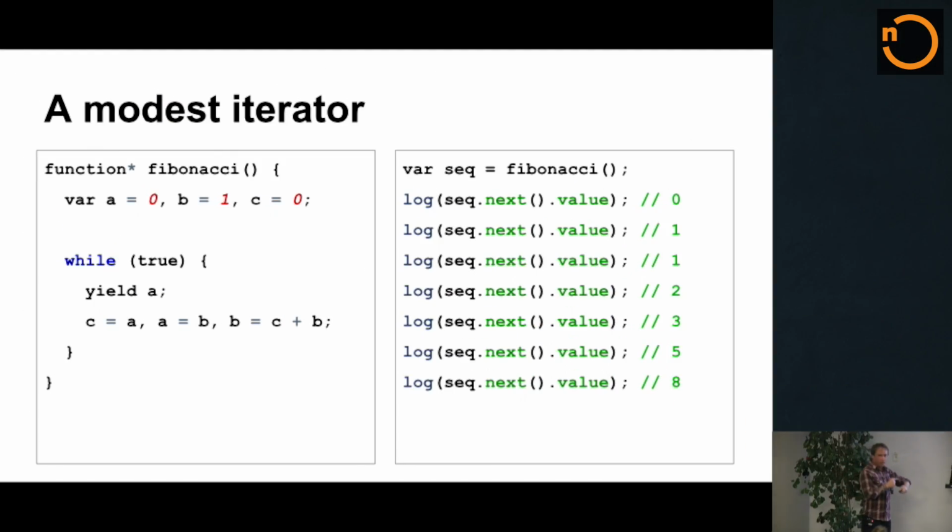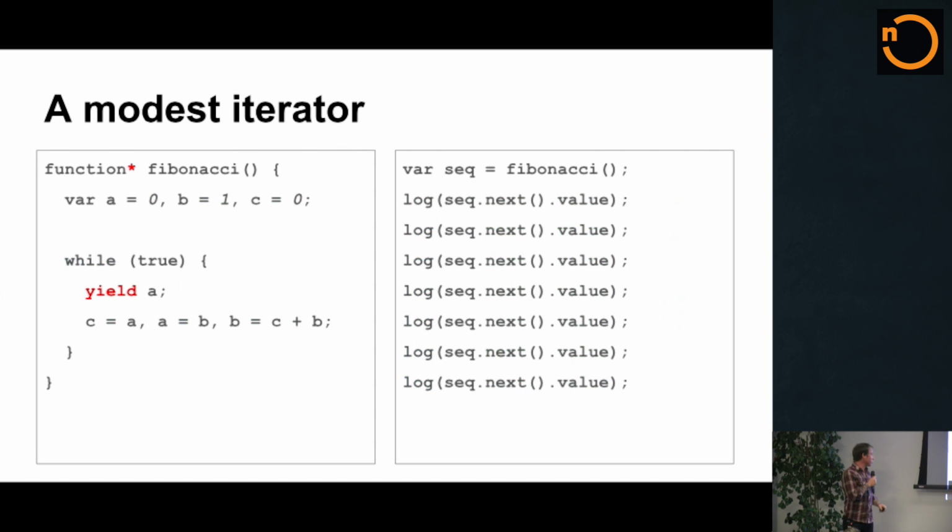Instead of having to generate some huge chunk of the infinitely long range of Fibonacci sequence numbers, we're only going to generate them one at a time. So in order to do that, we're going to use a generator. It's got some interesting syntax that you may or may not have seen before.